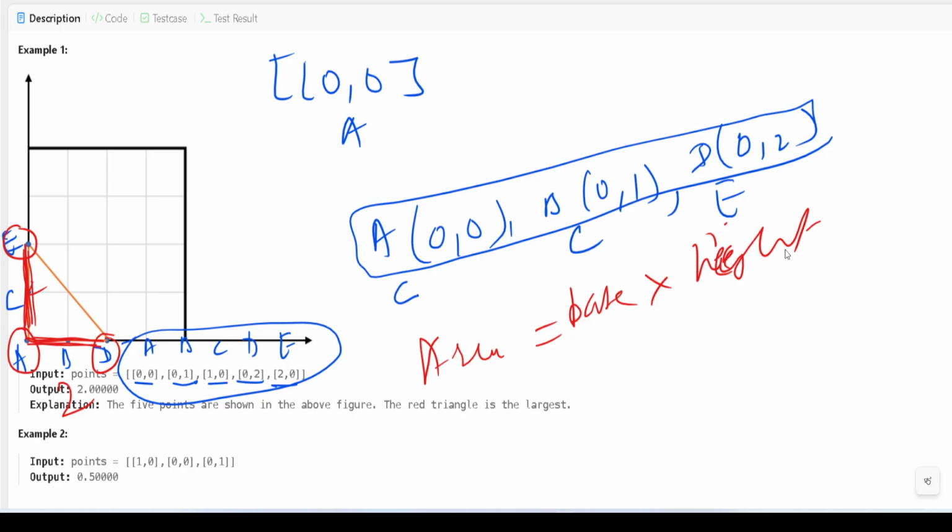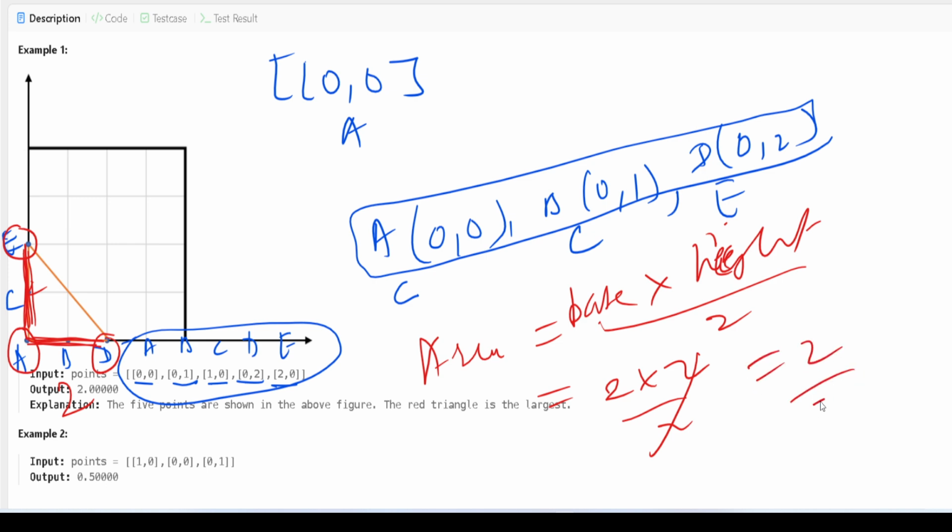So if we multiply base into height and divide by 2, what should come? 2 into 2 by 2, and this is nothing but 2, and this is our answer, right? So this way we can understand how we have to find the area. It means how we are going to